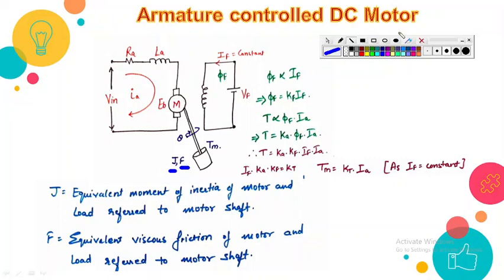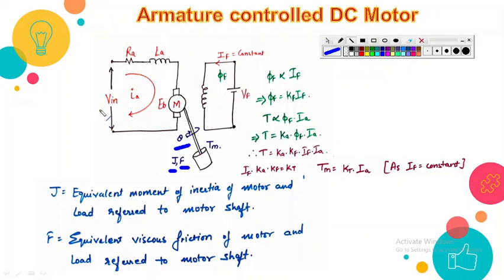Alright, so our aim is to find the transfer function, and the output will be the displacement. We have this load, and we are getting the mechanical output. And what is the mechanical output? The mechanical output is the rotation of this load. And how can I depict that rotation of the output? We can depict it through this theta value. So this will be my output variable.